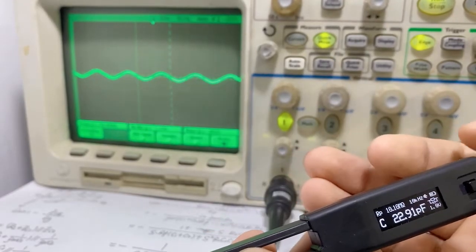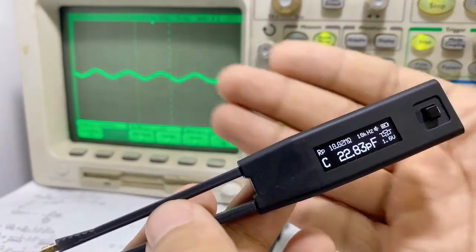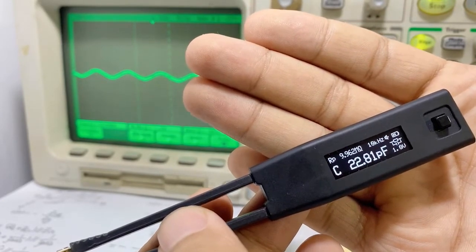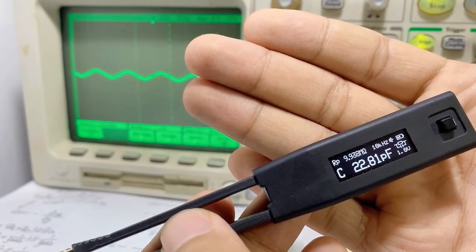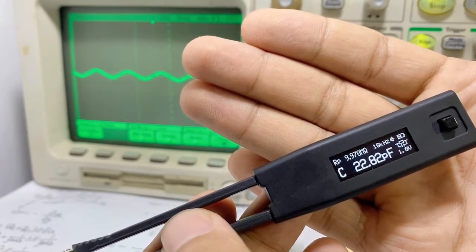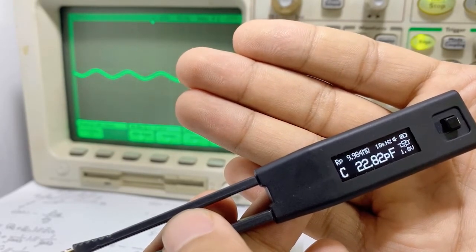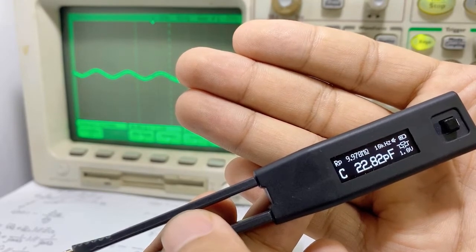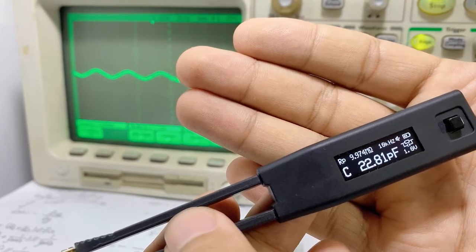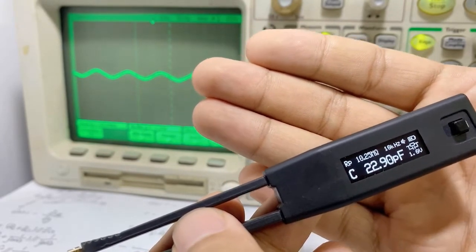Well, there are many other interesting test results. Look at the screen. It's about 10 kilohertz and 1.0 volt for the measurement, but the test result is the R, P, and C. Look at the test model. It's a resistor parallel with a capacitor, and the RP is about 10 mega ohm, and the capacitor is about 22 picofarad. But if we switch the probe to